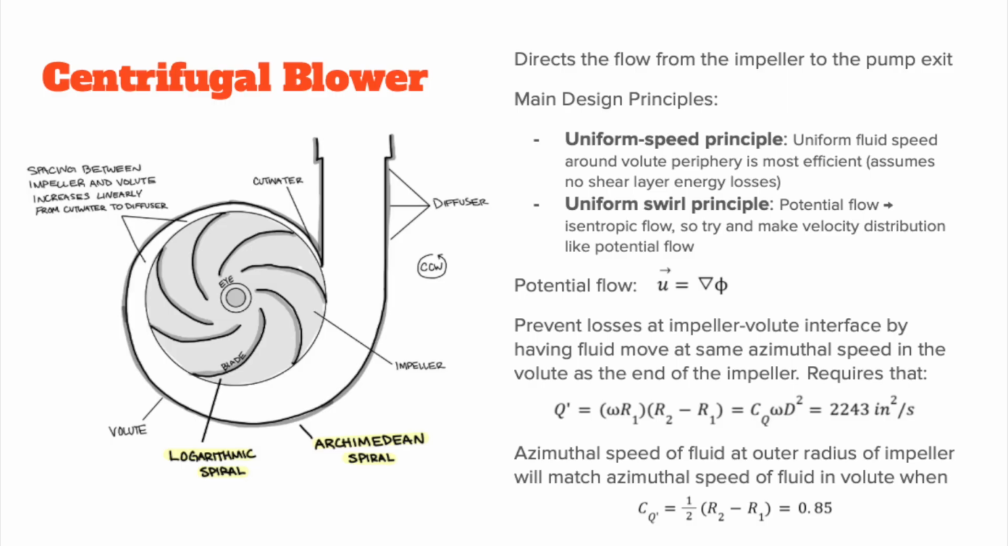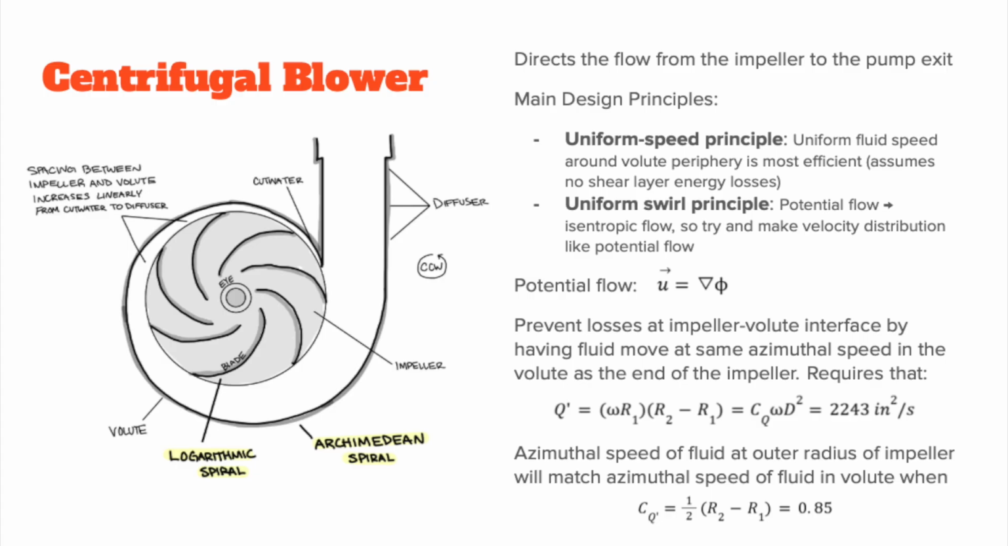The uniform speed principle says that the most efficient volutes tend to be the ones that lead to fluid speed that is uniform around the periphery of the volute. If velocity varies, then we see shear layers and dissipation and energy losses. Second is the uniform swirl principle, which is based on treating the volute flow as approximate potential flow, which is isentropic. Real flows obviously have some viscous dissipation, but designing the volute as close to potential flow as possible reduces these